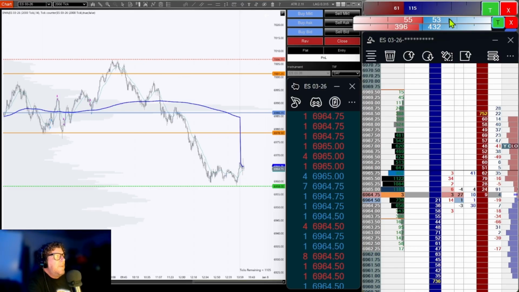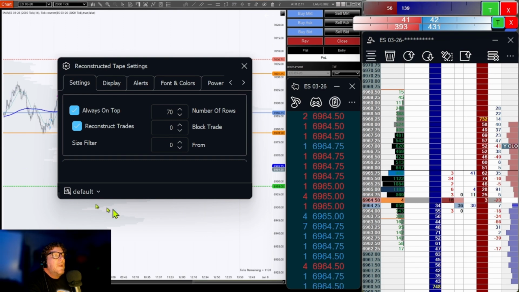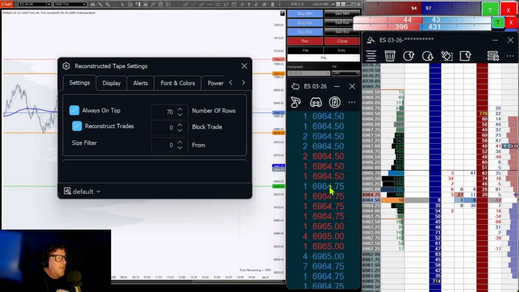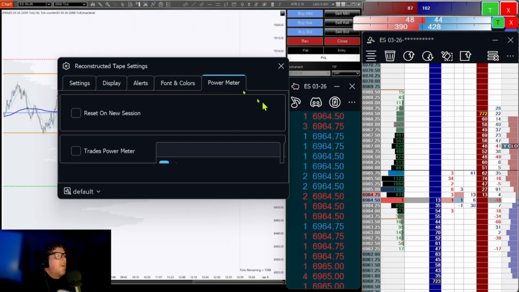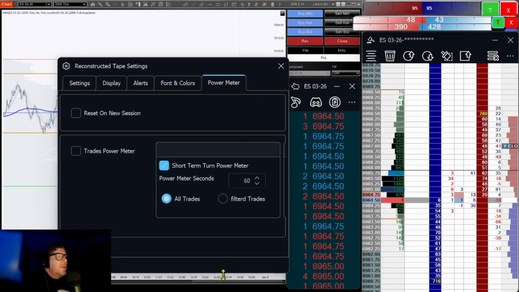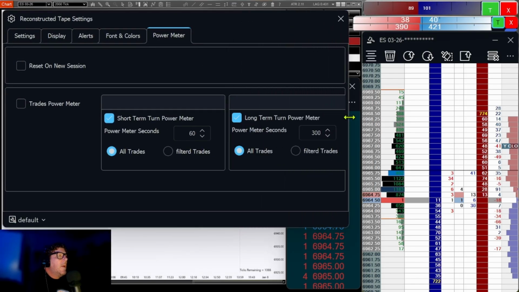So going back down to the second two power meters here, you have to pull up the reconstructed tape settings. That's right here. Normally I have this set to between 25 and 50, usually 50. But right now I turned it off because it's after hours, so there's no filter on this tape. And then just looking at the power meter settings,